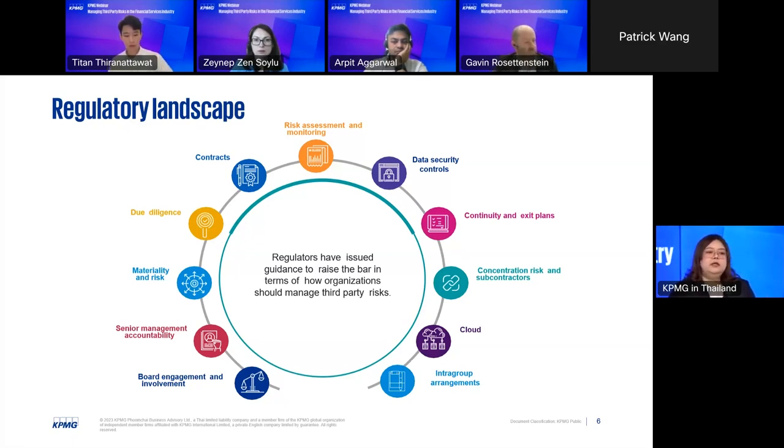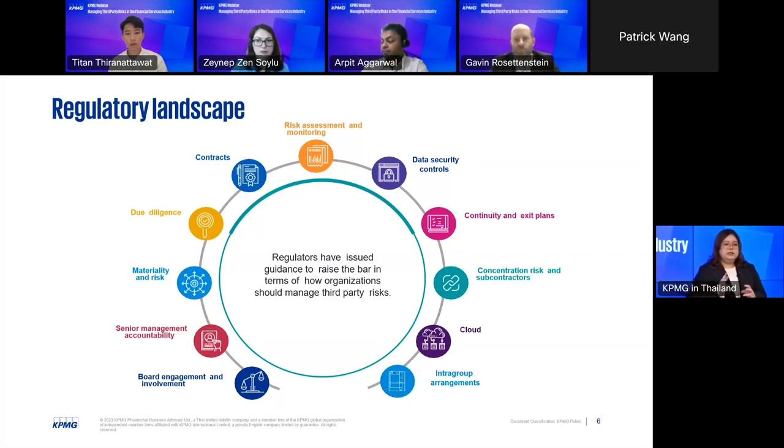The second one is about risk assessment. It is related to the maturity and the inherent risks of your third-party risk management. The key is that you not only perform the risk assessment at the onboarding of the third party. However, you have to continue monitoring along the way. So that is the second key focus.